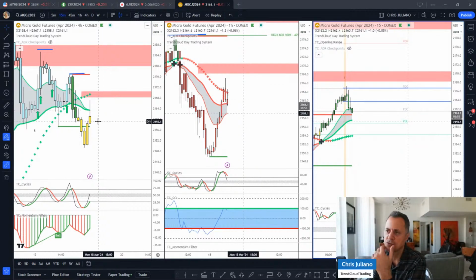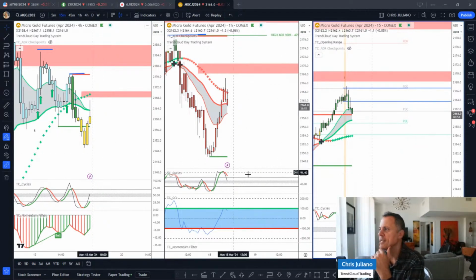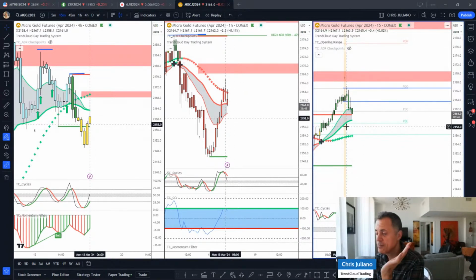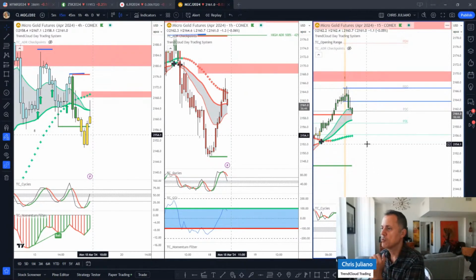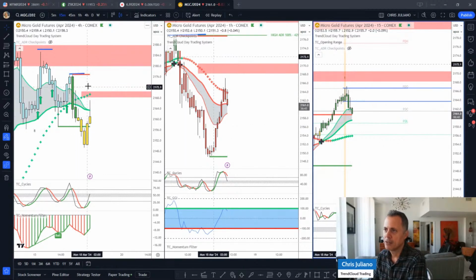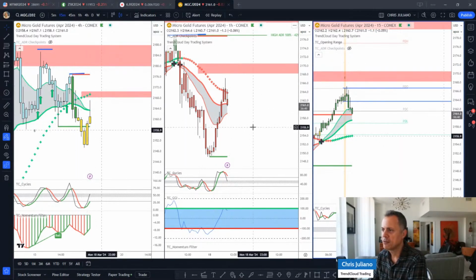Now start looking for those supply and demand zones. Now look for the opening range breakout, or if you want to take the retest. Sometimes, to be honest with you, if you have your high time frame and middle time frame trend and momentum lined up,